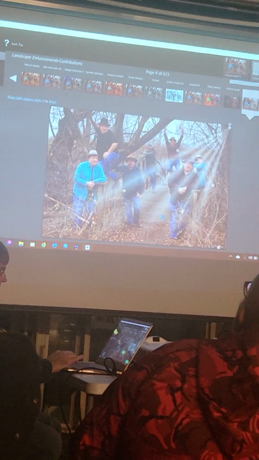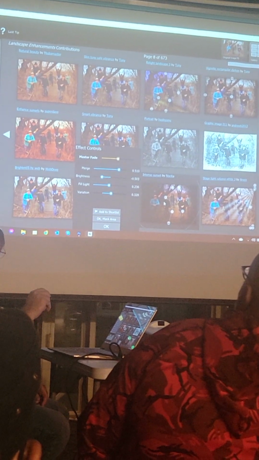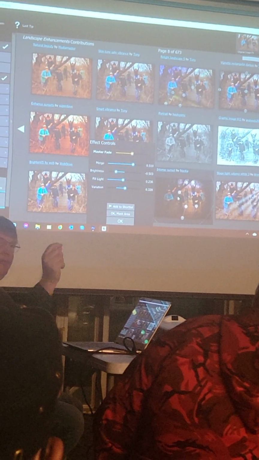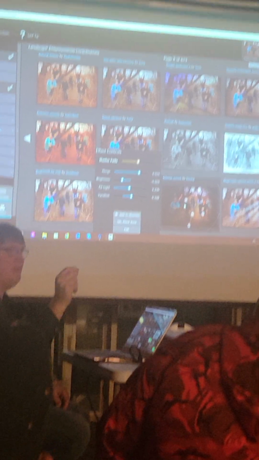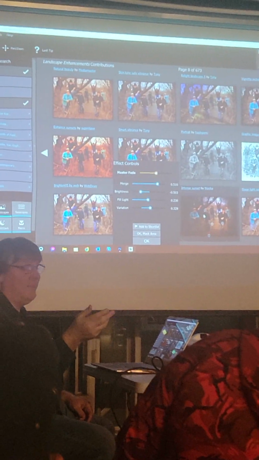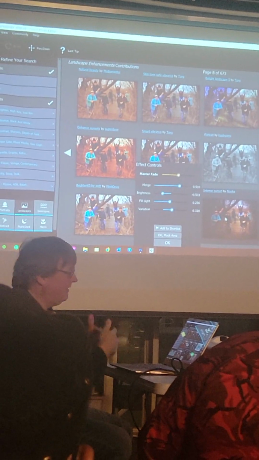And a lot of these are customizable too. So once you find an effect you like, you can go play with the light and the sliders and really tweak that effect to your liking. So that's how I finish my photo. I make a stamp layer, and I might look